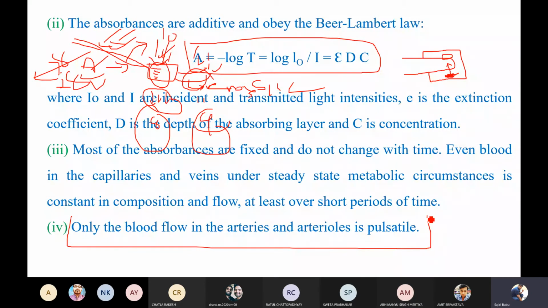We are going to consider only that particular light which is pulsating. If you are getting a constant light, it will always remember the previous value. The pulse oximeter first takes all the values and remembers the previous value, and when you get a new value, it compares the new value with the previous value. If the value is the same, it will ignore that, and it will only take that particular light which has some change from the previous value. So it is going to consider only the pulsating part, and this pulsating part will be calibrated and displayed on your display.